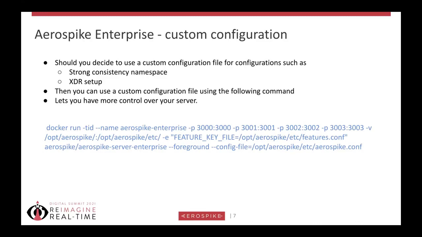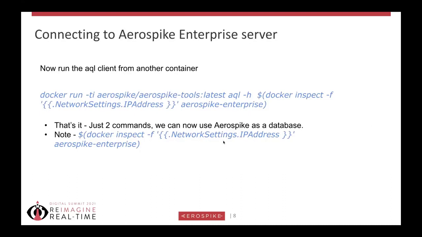This is what our runtime takes as a parameter, and I'm giving the config file aerospike.conf. Okay. Once you have the server up and running, you can use AQL to connect. If you already have AQL installed on your laptop, that's great. I doubt anybody will. So if you don't have AQL installed, you can run Docker from, you can run AQL